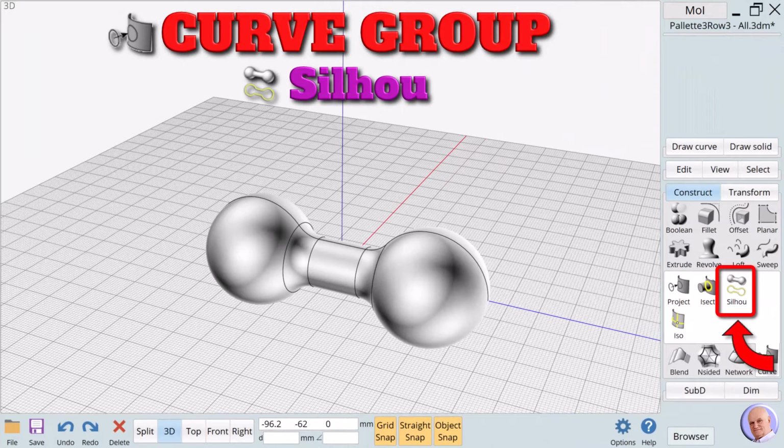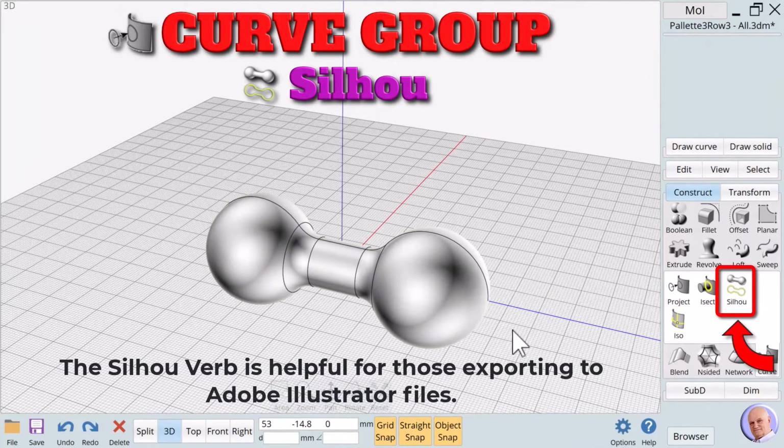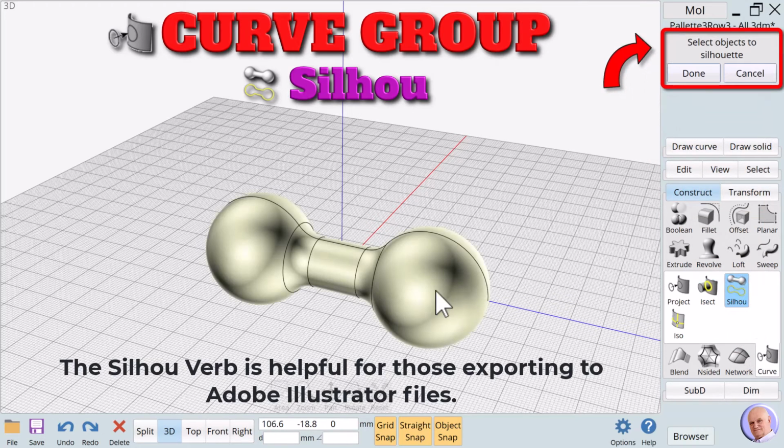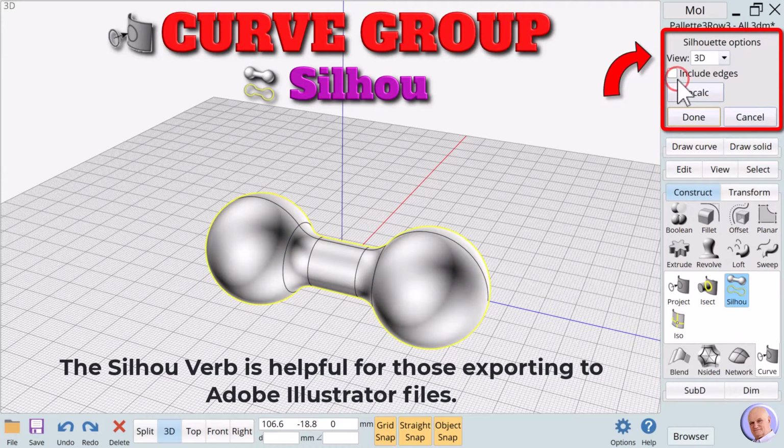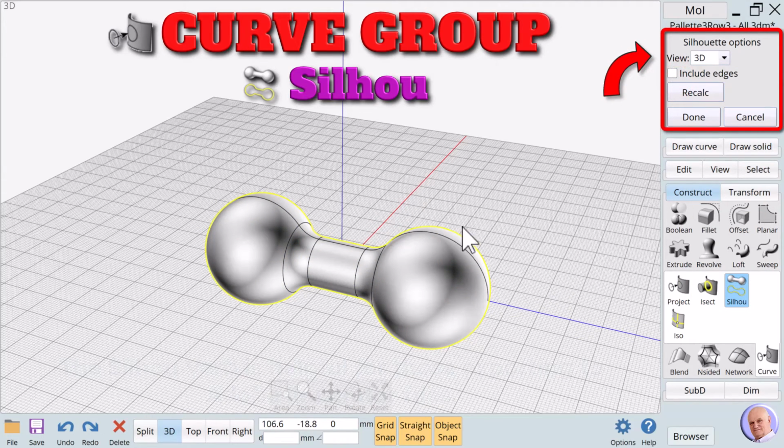The silhouette verb. Some verbs in Moment of Inspiration exist to help a subset of users. The silhouette verb isn't all that helpful for those of us designing for 3D printing. But those who use Moment of Inspiration to create files for routers often need to export their designs as Adobe Illustrator files. Having the silhouette method, which can generate outlines to be exported immediately after being generated, can be very